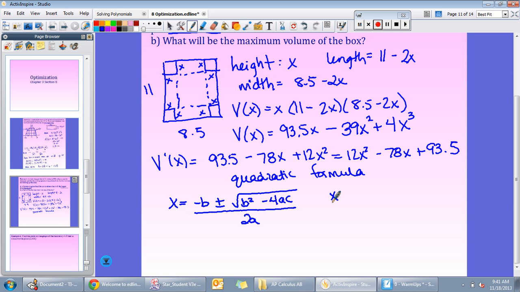Alright, so we're going to do x equals 78 plus or minus, and then 78 squared is a big number, and then minus 4 times 12 times positive 93.5, we get